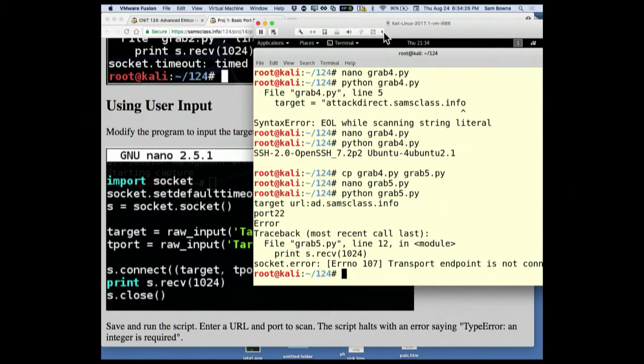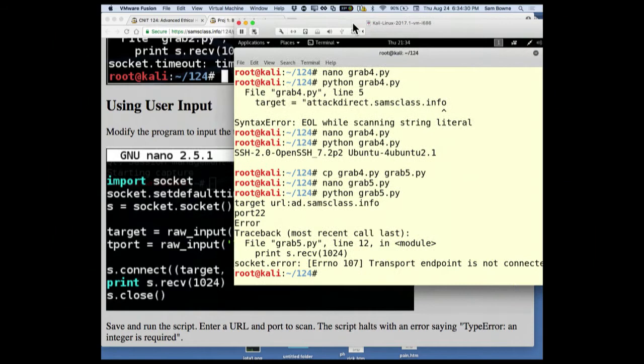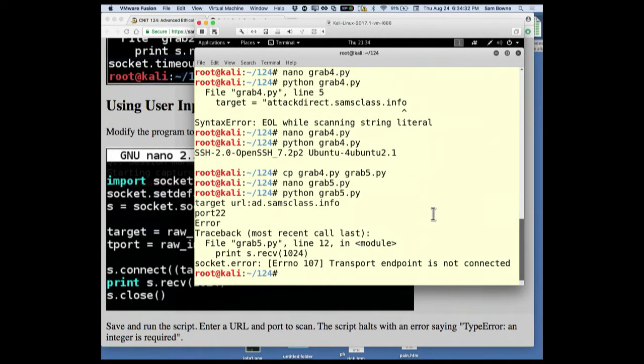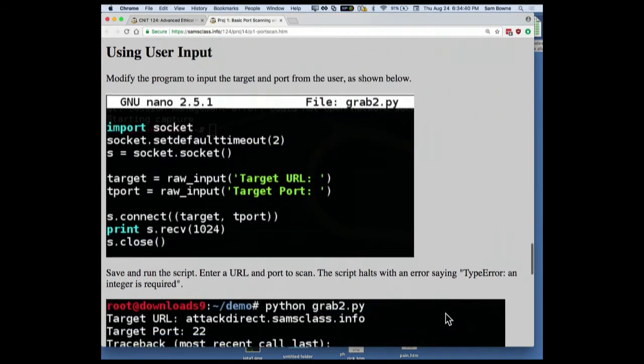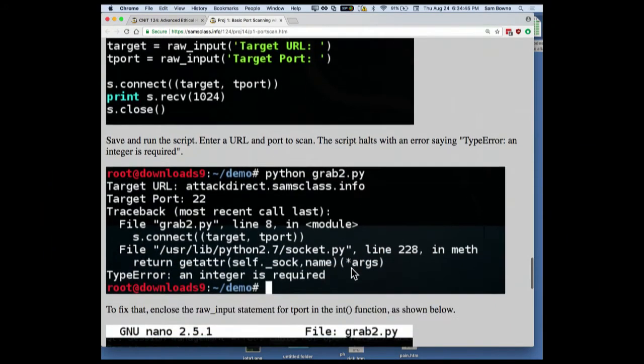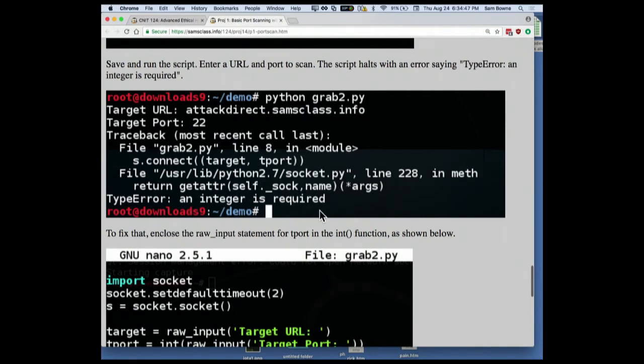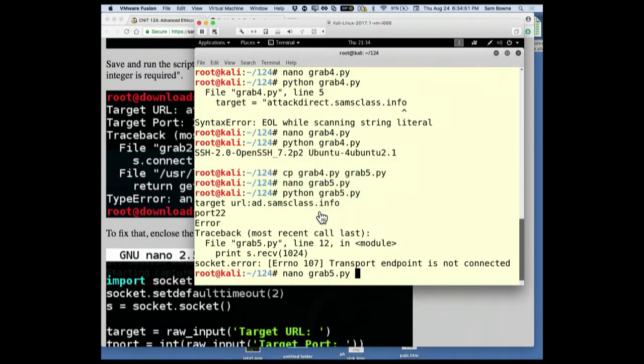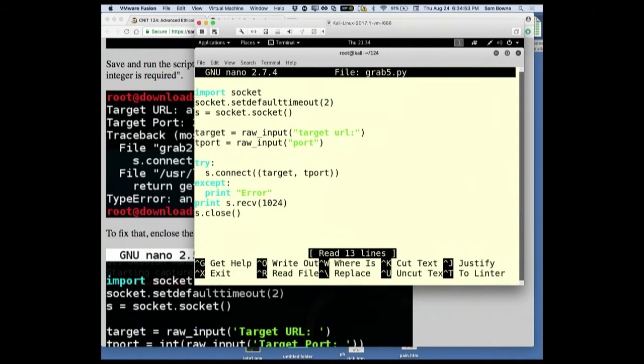So notice what happened here. Transport endpoint is not connected. That's a really unhelpful error message. And I can tell you what happened, but you'd have a hard time figuring out from that. This one here gave a better error. When I did it here, it actually said an integer is required, and that's the problem. I may have a second problem in my script here, but the one I expected was,